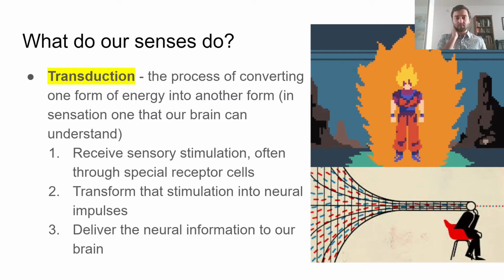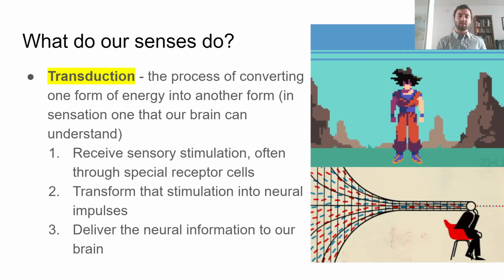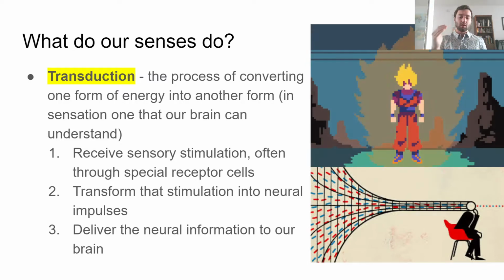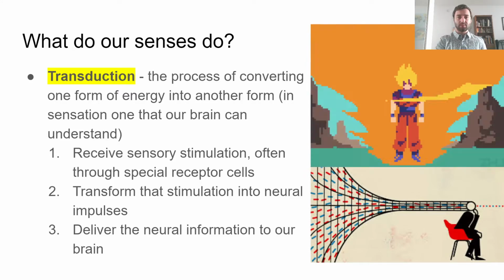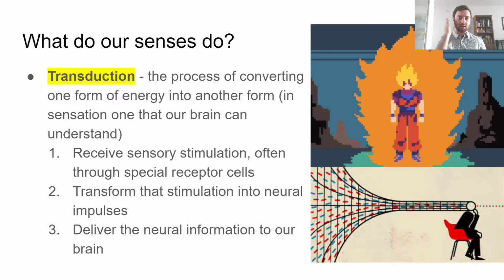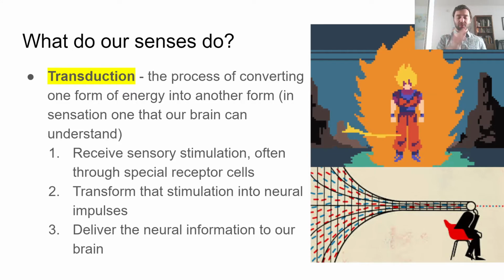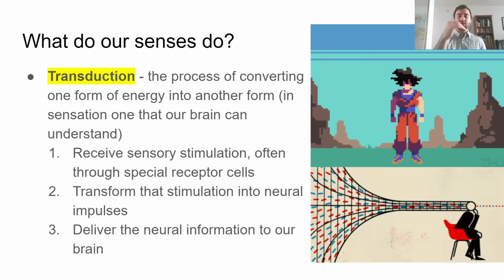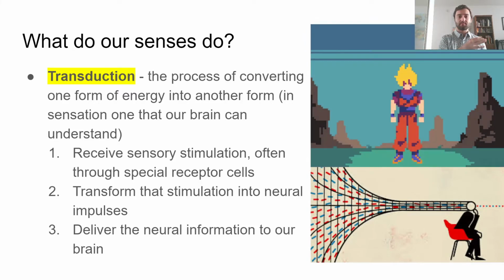So here our eardrum, for example. Now again, there's a whole bunch of different receptors that can do this, but they're going to be stimulated in a certain way. The second step is we have to turn that stimulation, in this example the sound energy, the waves that are literally hitting your eardrum, into a neural impulse. There are basically all these little steps. We'll talk about them specifically later on in this unit, where it goes through all these different things, and then it gets turned into a neural impulse.